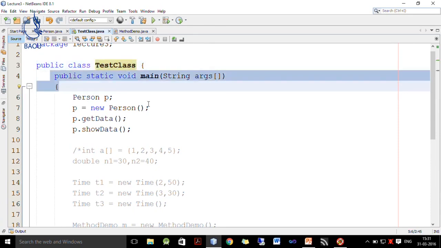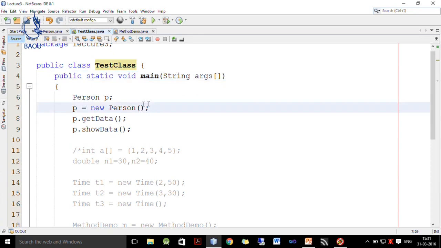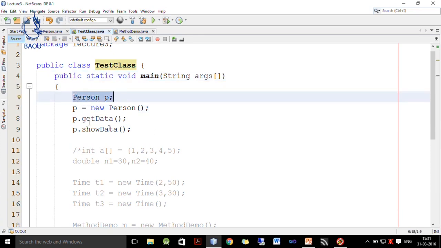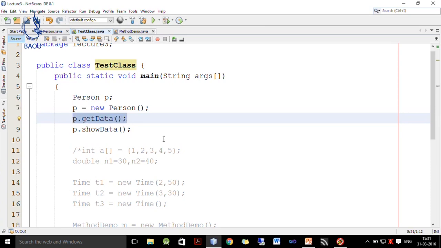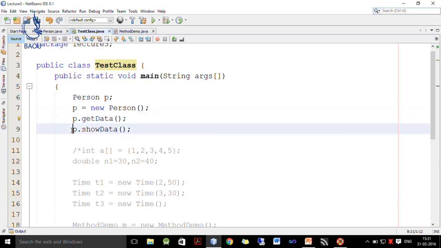So, inside public static void main we define one person object P. We actually allocate memory for P by writing new person, and then we call its get data method by writing P dot get data. If my object name is X, then I write X dot get data, and once this data is read, I want to display that data. So, I call P dot show data.